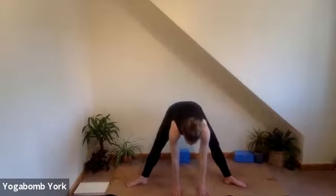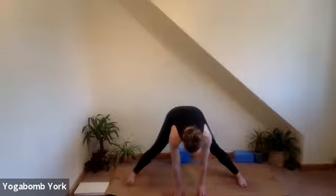Releasing both hands to your hip crease, maybe bringing them out either side of us for a full goddess pose. Being careful that we don't lose that length in the back of the body if we bring our arms out, so we're not splaying out in the chest, keeping that energy gathered. Lovely. One more breath here, and then exhaling, releasing over,